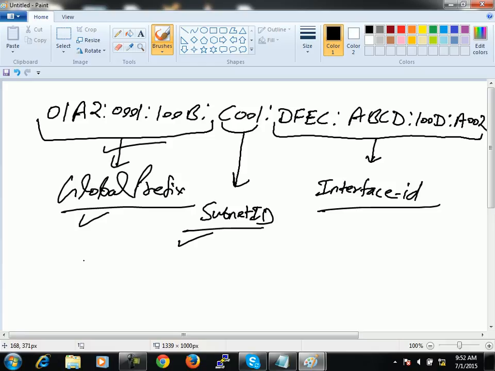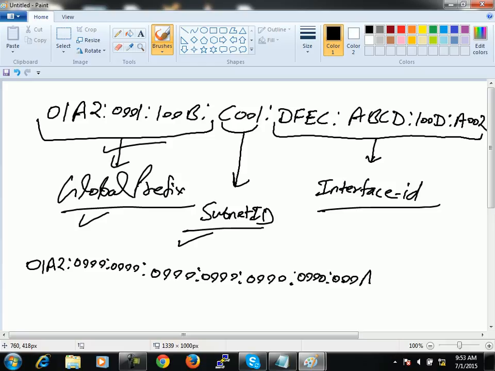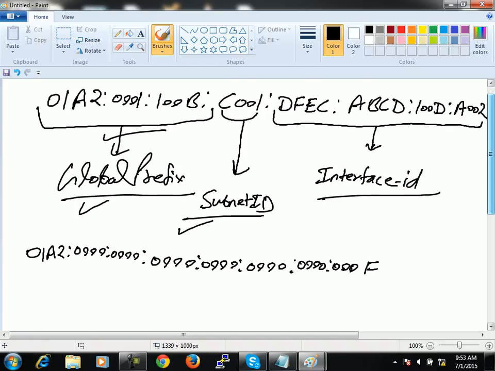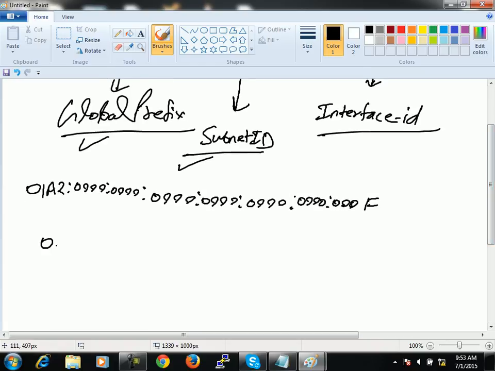But apart from it, you can also write this IPv6 address in this way. It is not always mandatory to use 1AB. You can also have 000 colon 000 colon 000 colon 000 colon 000, and once more 00A, or let's say 00F. This is also an IPv6 address, is it not? And if you have this type of IPv6 address, then you can write it in this way as well: